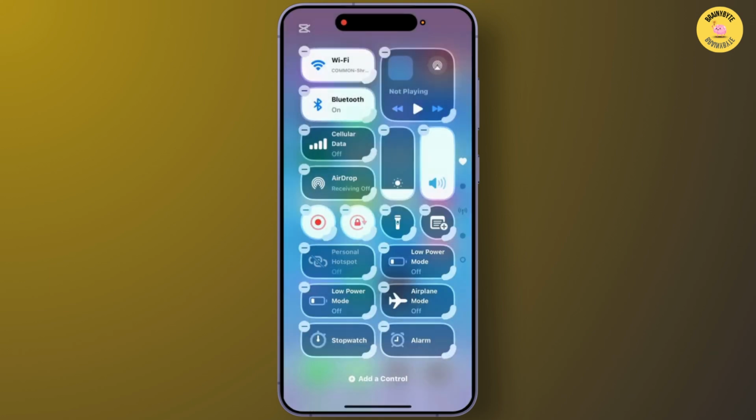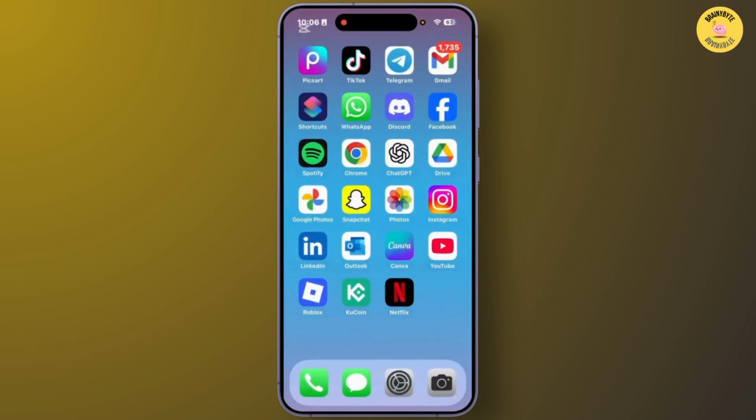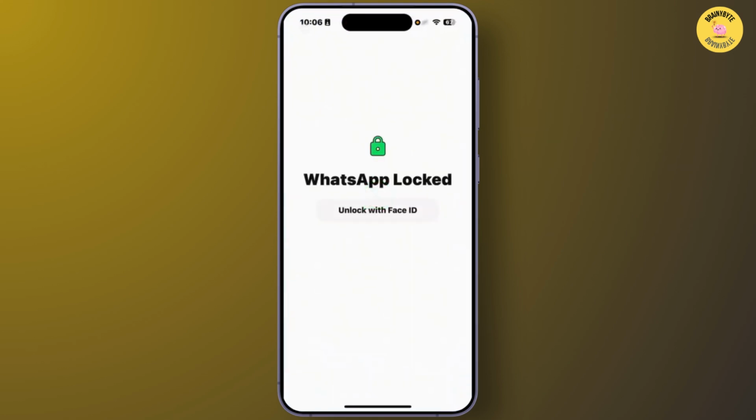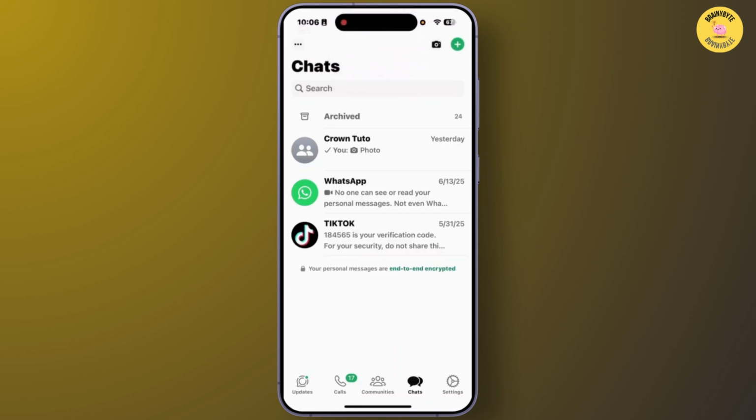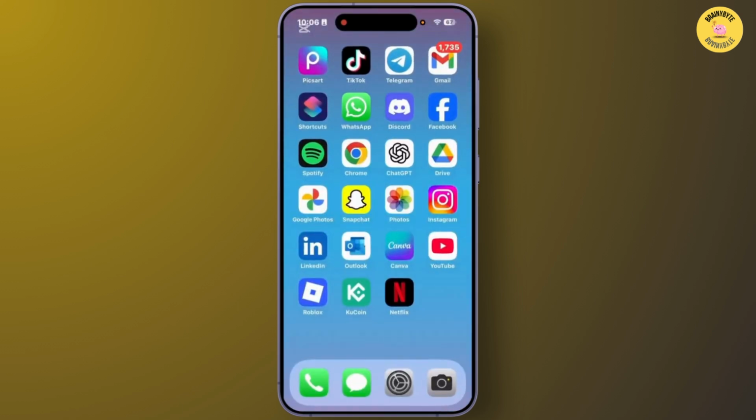After you add it and start recording on your iPhone, you'll have to open WhatsApp with your account, and from here you'll have to just open that status which you want to download. After you fully record that video or WhatsApp status on your iPhone, you can simply open your Photos app, and